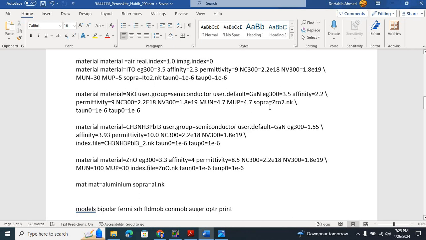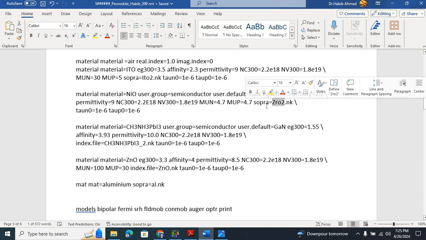For nickel oxide, its properties are similar to zirconium oxide, so I'm calling that SO profile. But for our layer of interest, which is our active layer, which actually generates the electron and hole pairs, which is methyl ammonium lead iodide,